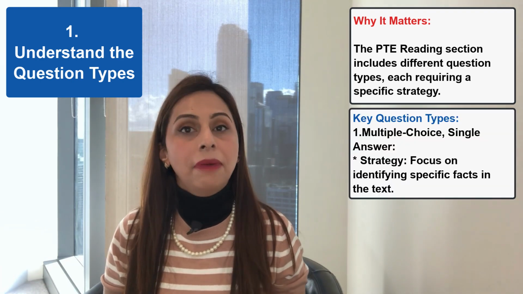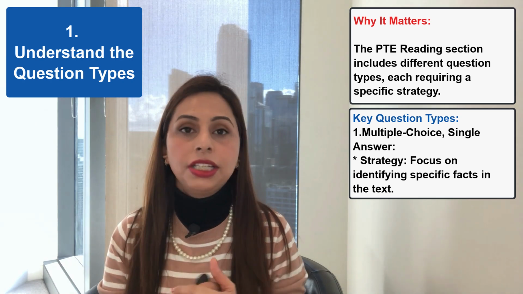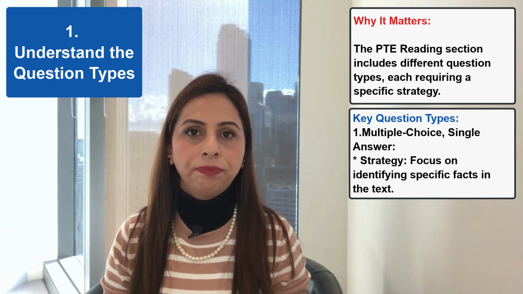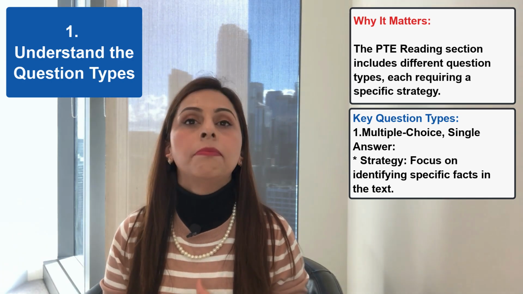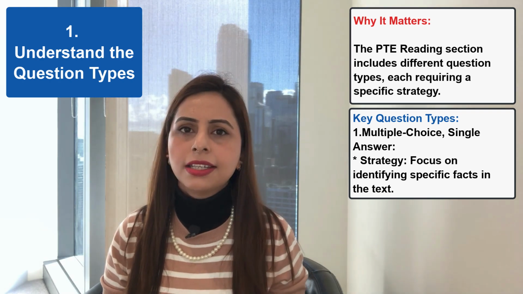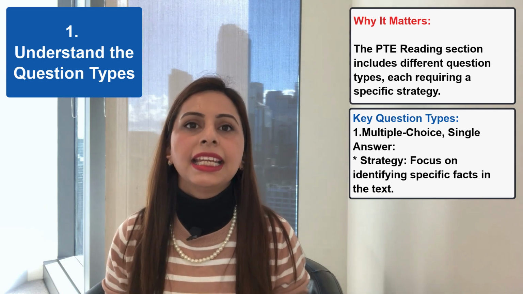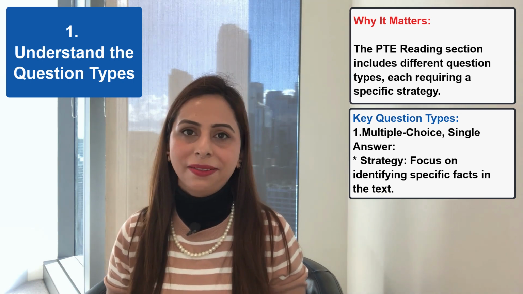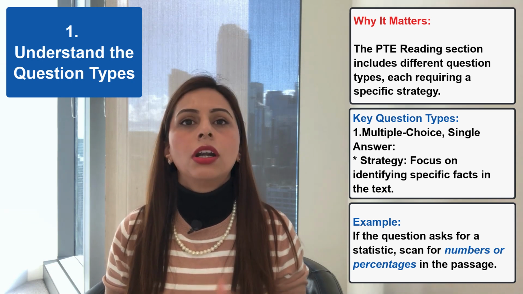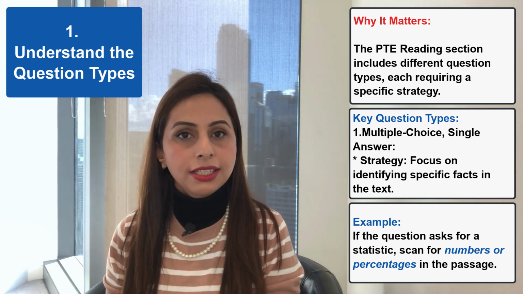Number 1 is multiple choice, single answer. The strategy is to focus on identifying specific facts in the text. Read a passage and answer a multiple choice question. There may be more than one correct answer and you need to select all the correct ones, alright? So avoid guessing unnecessarily due to negative marking. I'll give an example. Let's say, if the question asks for a statistic, scan for numbers or percentages in the